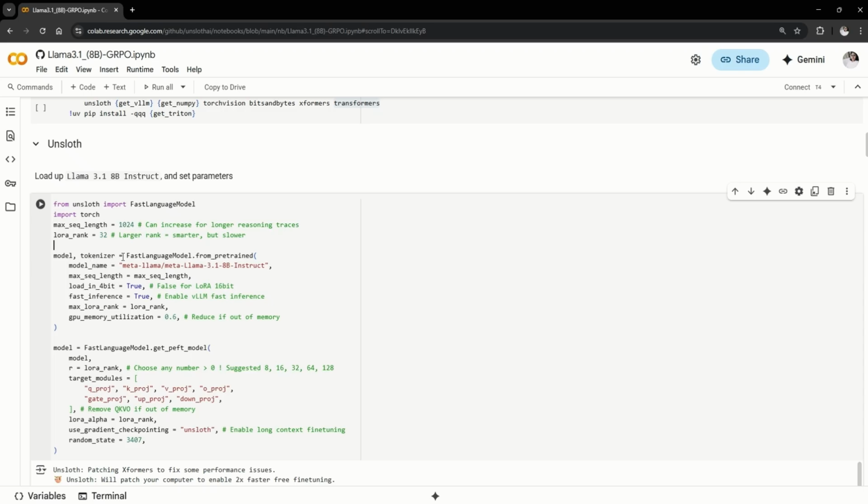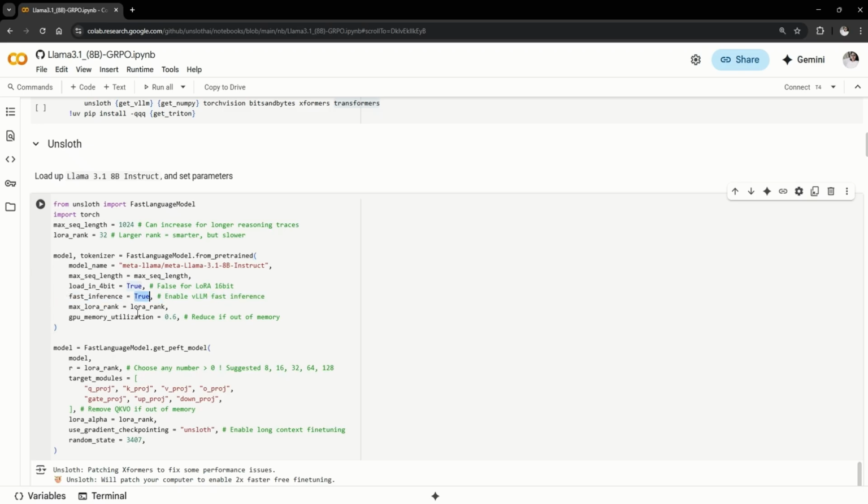Then we'll load the model from FastLanguageModel.from_pretrained. We'll load the Llama 3.1 8 billion instruct model, and we'll pass in the max sequence length. We are loading a quantized model here, so a 4-bit LoRA model is what we are loading, and you can set it to false and it will be 16-bit. However, in Colab using a T4, I was not able to run that, so I turned this to true. If you're using vLLM, you can set fast inference as true.